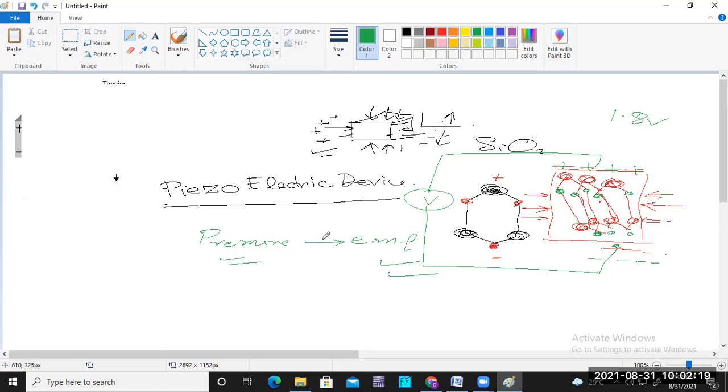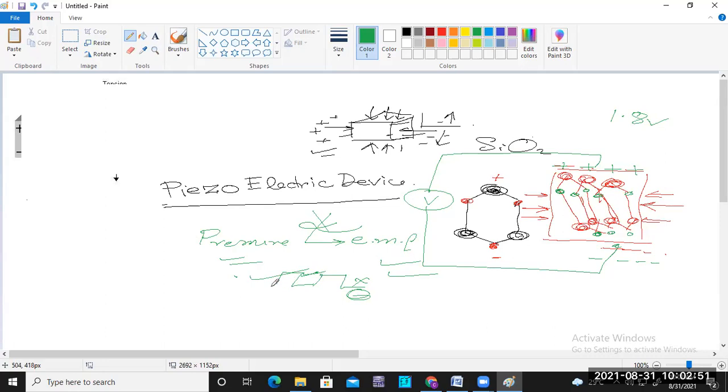But look, here it is not proportional. This is just a proximity indication, meaning a binary digital value. Either this is present, and at that moment we get some EMF, or this is not present, and then we don't get any EMF. So in this way, we can measure proximity by using this ultrasonic, this piezoelectric device.